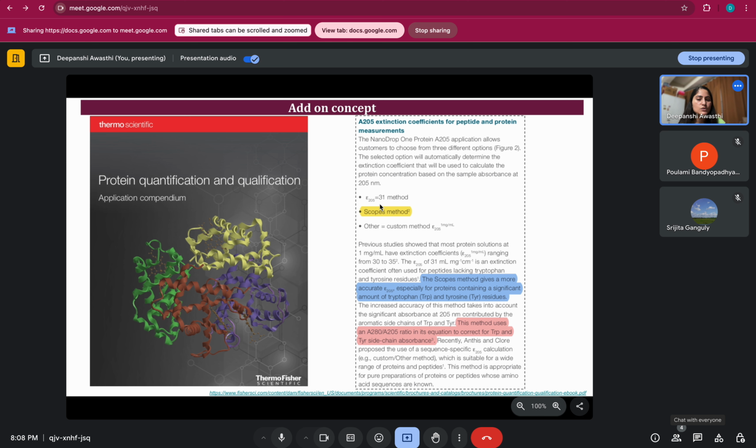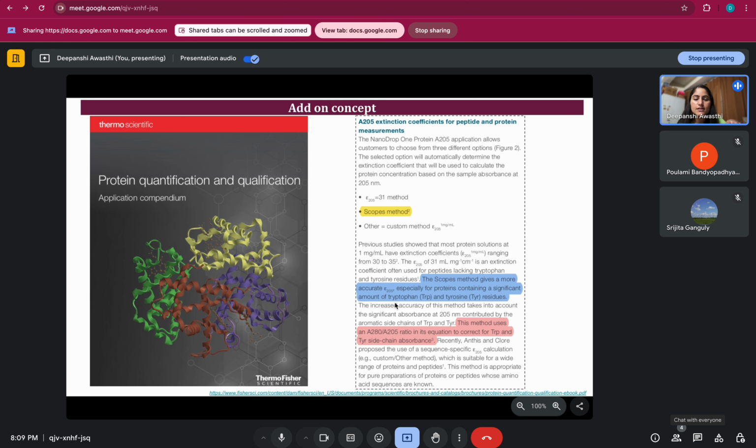One is the E205 method, one is the Scopes method, and another is custom methods. So in this they have mentioned that in terms of the Scopes method, the measurement is taken at 2 different wavelengths. One is 205 and another is 280, and they have also mentioned the significance of taking the reading at 205 wavelength, because at that wavelength there are some residues in the protein such as tryptophan, tyrosine,